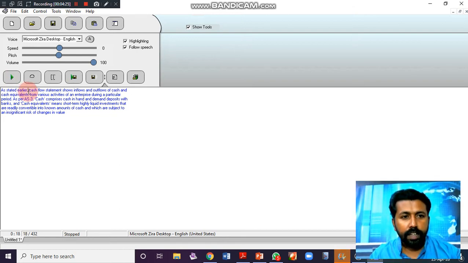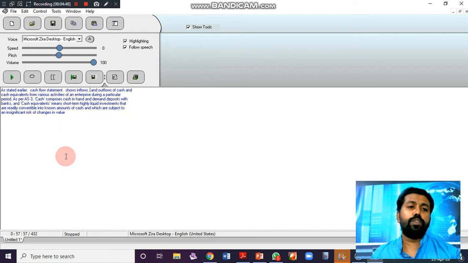Just look at this. I am just removing the comma and placing a full stop here. Then space. Then I am breaking the sentence here also. Wherever I break, it will increase the audibility of the audio. It will bring a clear-cut explanation for the students.